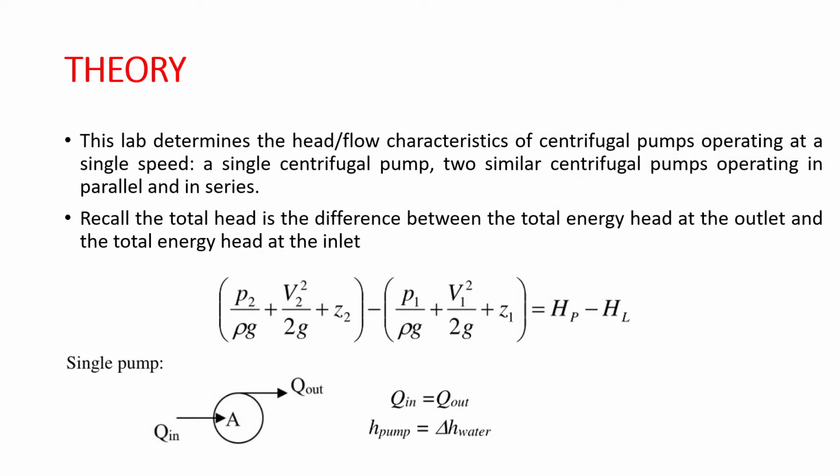Pumps are used to lift water up or to increase the energy so that the water can travel farther. The slab determines the head or flow characteristics of centrifugal pumps operating at a single speed: a single centrifugal pump, and two similar centrifugal pumps operating in parallel and in series. Recall the total head is the difference between the total energy head at the outlet and the total energy head